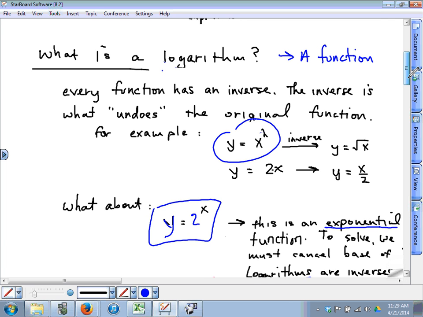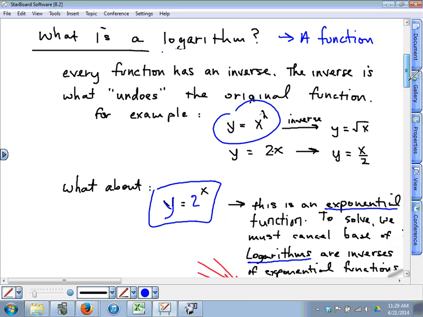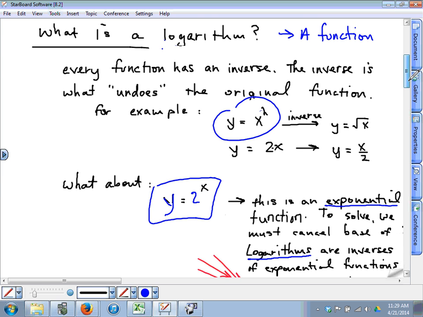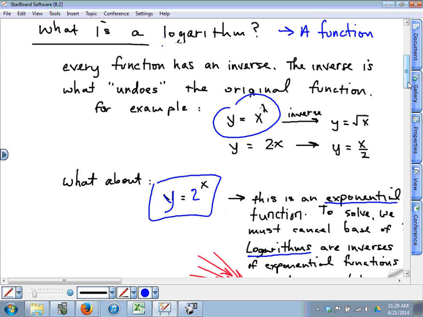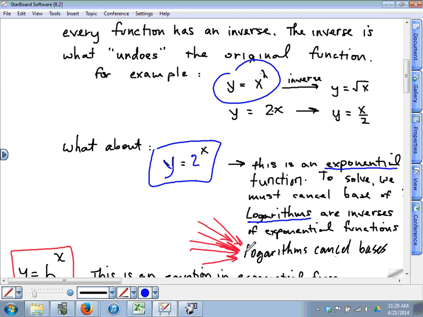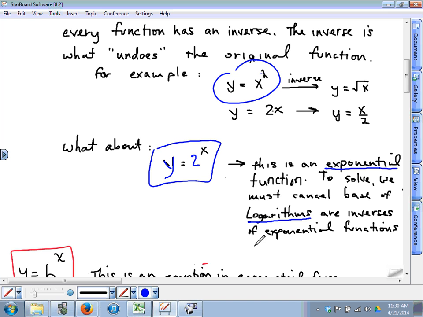This is an exponential function. To solve, we must cancel the base. Logarithms are the inverse of exponential functions. Logarithms cancel bases. Logarithms cancel bases. That's what you need to remember